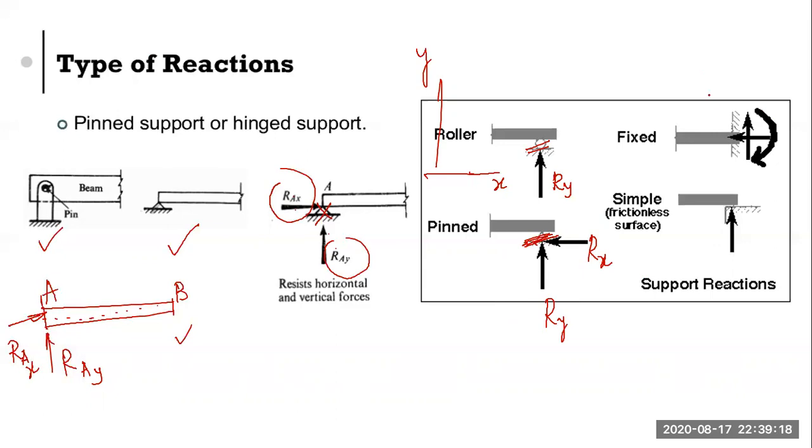For a fixed support, replace the permanent joint like the cement and so on. Show Rx, Ry, and a moment. Say this time they have taken a moment clockwise. So if I get a negative sign in the calculation, that means the reaction will be opposite in Ry. Say if you got a negative value of Rx, at that time Rx will be in the opposite direction.